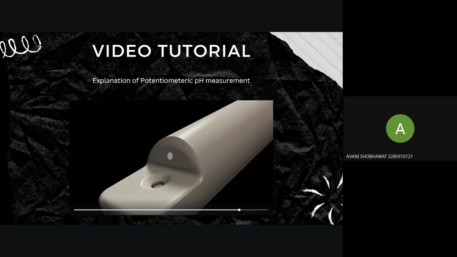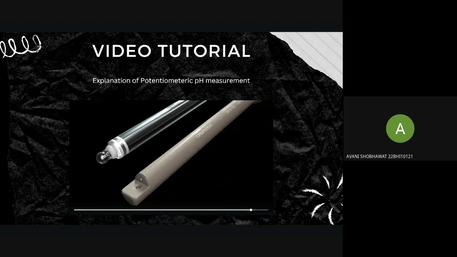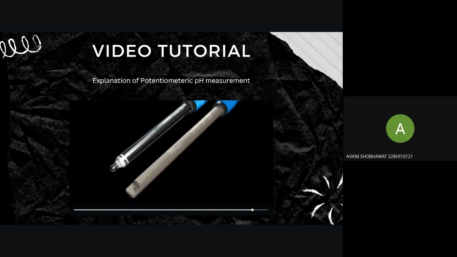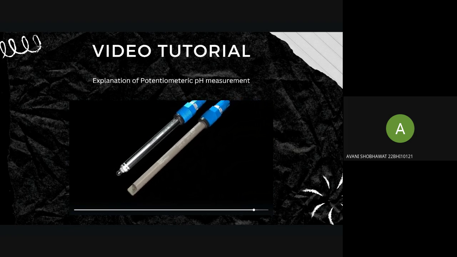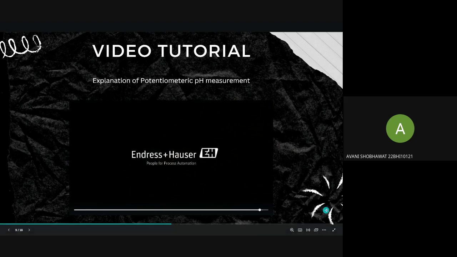Just like the glass sensors, the ISFET sensor also needs a stable reference potential. The potential that forms at the ISFET can then accurately be measured against it. The reference system is also protected from the measured solution by a so-called junction. The potentiometric measuring principle by Anderson-Hauser enables highly accurate pH measurement for better product yields and less waste. We offer a solution for all applications, even in those industries that do not tolerate glass. For further information on liquid